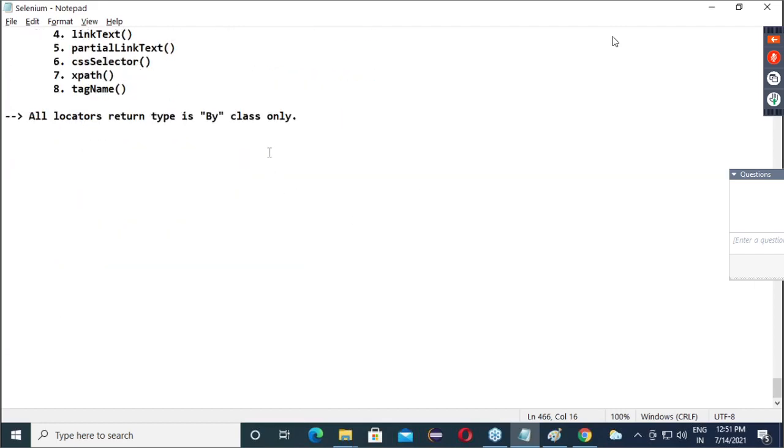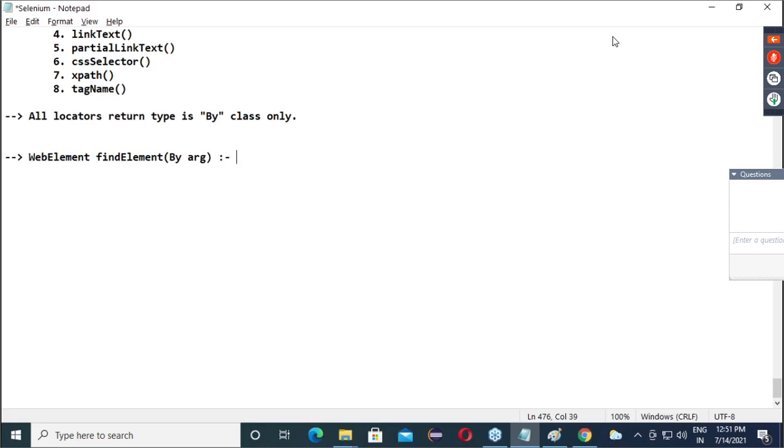Now, guys, these are locators. Now I will take one heading which is very, very important, that is the findElement method. What is the method, guys? findElement. This is the method which returns a WebElement.